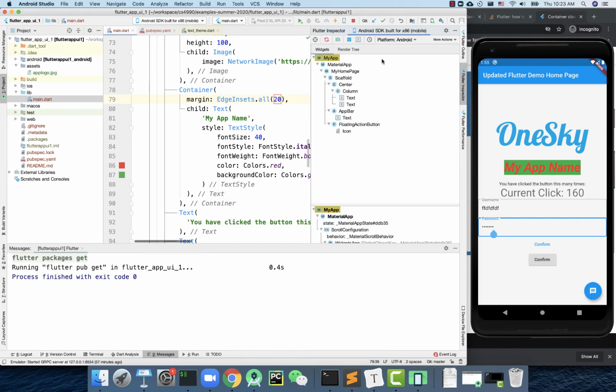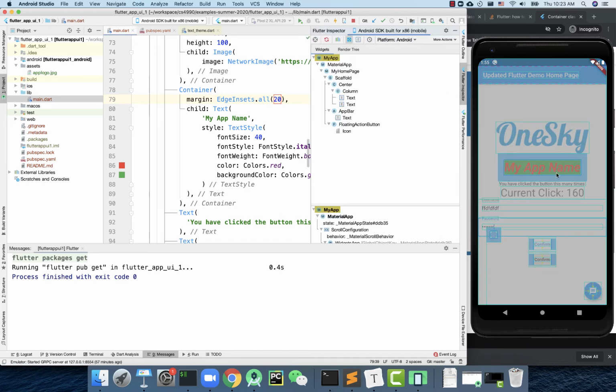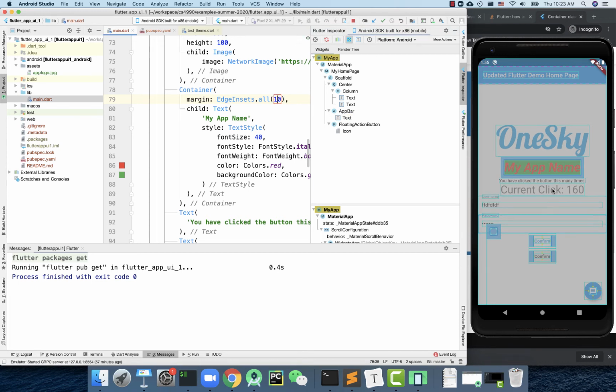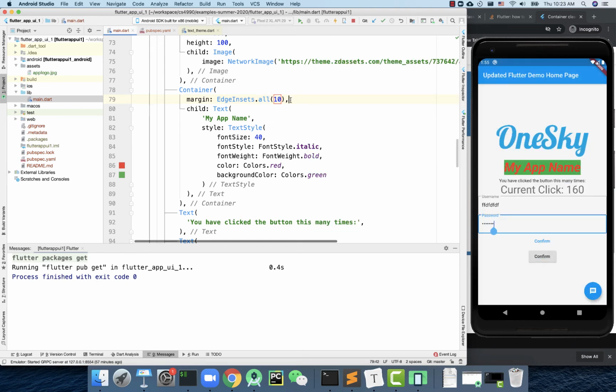So actually, let me open this thing here again. You will see that this 20 is actually the space right here in the blue area. So for example, I change this one to 10. I rerun this one more time. As you can see, this margin here is smaller. So that is what the margin is. The margin gives you extra space around yourself so that you can create some space between different edges. And if you want to, for example, only give a margin to certain directions,